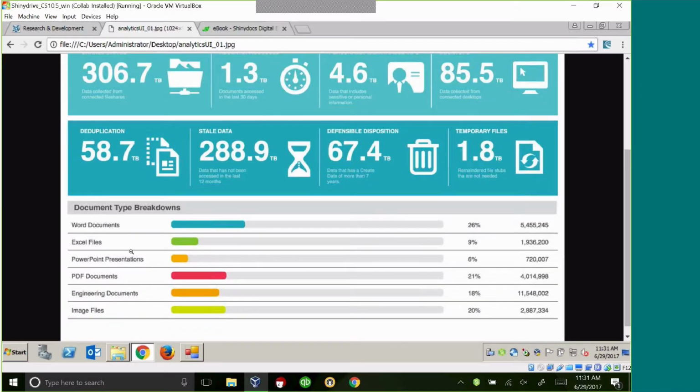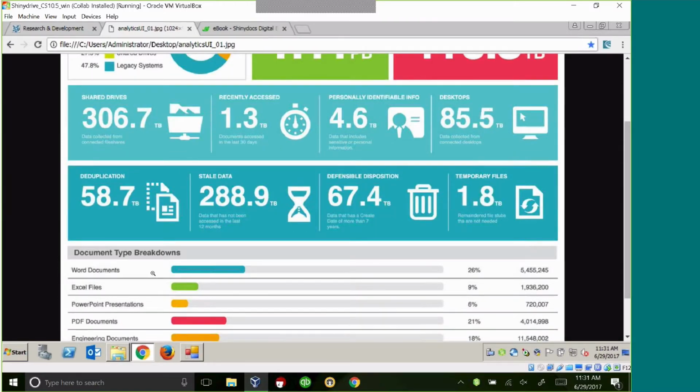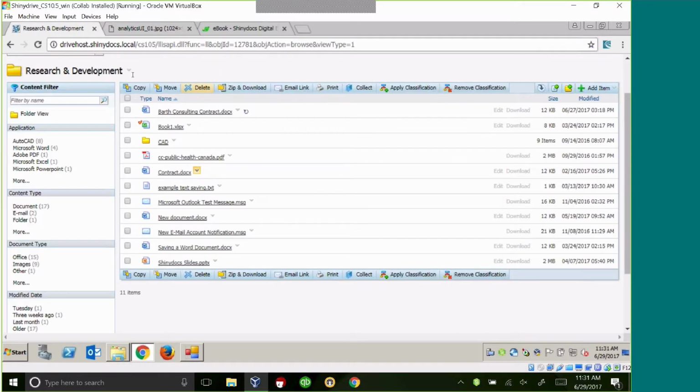And we can do it to the point of understanding whether it's Word, Excel, PowerPoint files and other trivial files, find the redundant files and flag them as duplicates, find obsolete documents based upon their temporal values. But we can also layer on additional functionality to do the recognition of the documents itself. So rather than just being a Word document, now we can know if it's contract type A, contract type B, contract type C. And that really helps drive migration and workflow a lot better and understanding of your data.